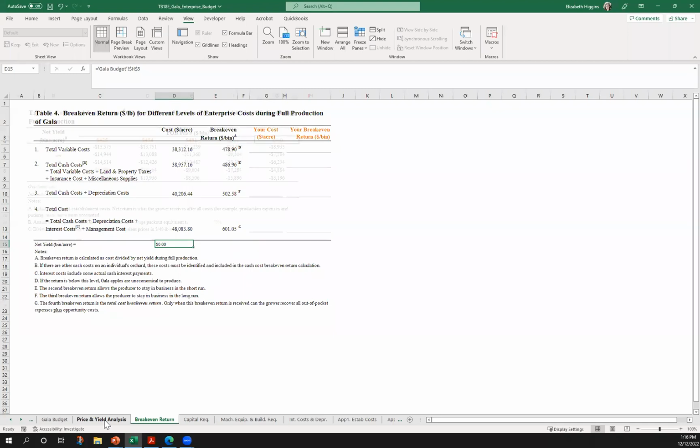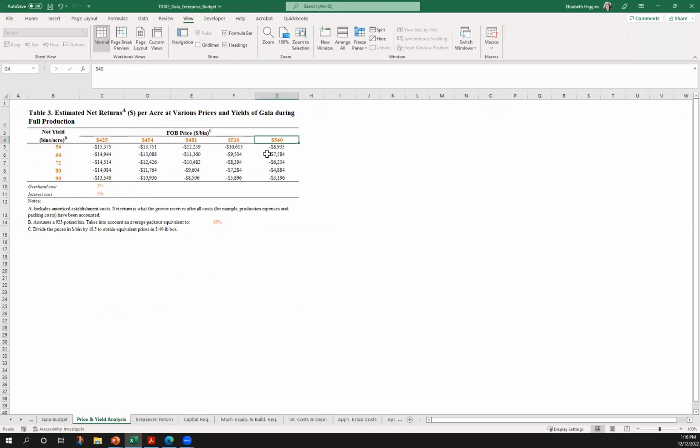And I think the other thing it really gives you a sense of, and this is the part that can be really helpful, is if you see that you're looking at negative returns for most of the next 20 years, over a reasonable number of prices and a reasonable number of yield expectations, this might not be an enterprise that you would want to invest a lot of money in.